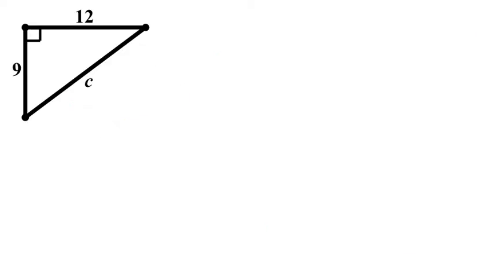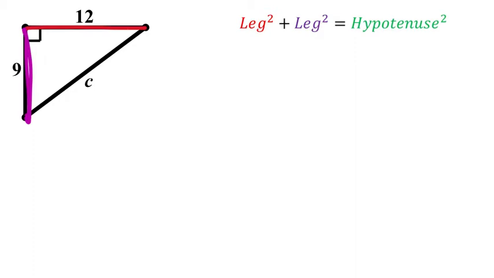So on this problem, again, the 2 side lengths that make that right angle are this one here in red and then this one here in purple. Those 2 side lengths make up the right angle, which means they are also legs. So if we look at the Pythagorean Theorem, which tells us a leg to the power of 2 plus another leg to the power of 2 is the hypotenuse to the power of 2. And the hypotenuse is just the c value